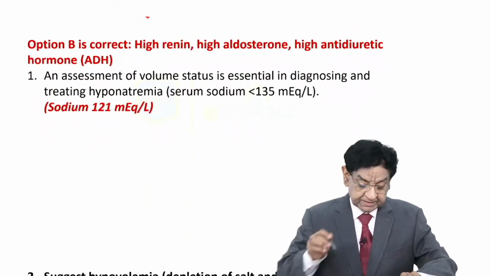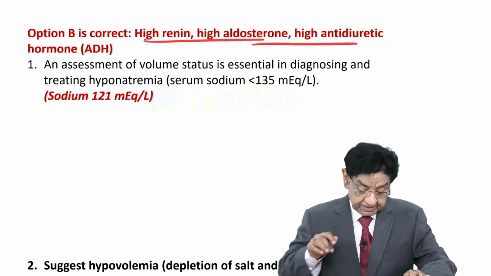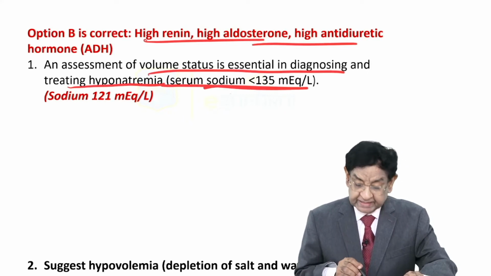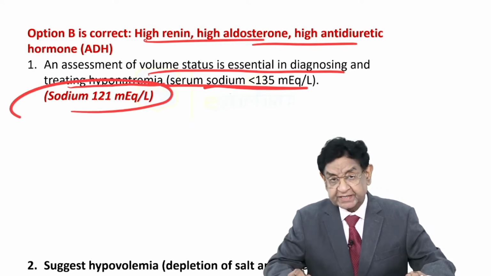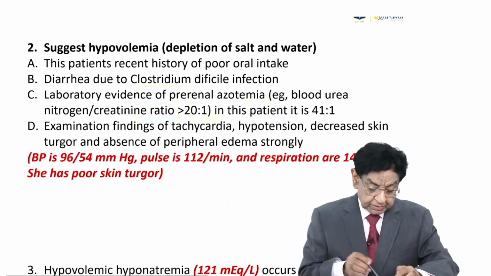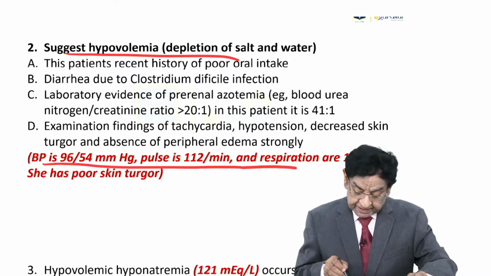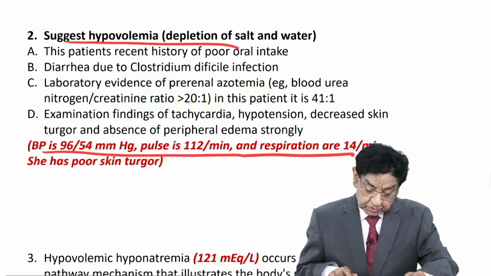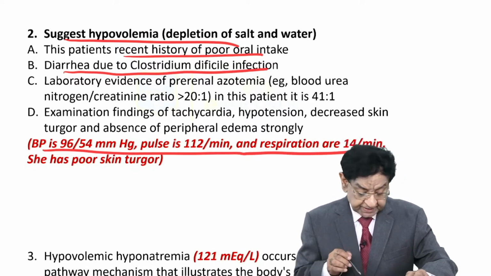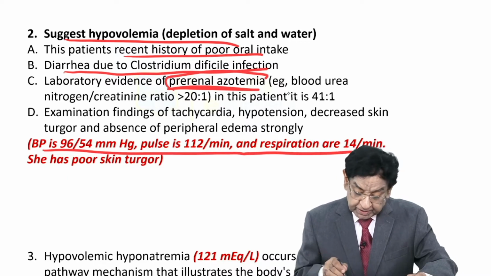So what we expect in this is high renin, high aldosterone and high ADH. Why this? Volume status is essential for diagnosis and causing hyponatremia, sodium less than 135. So it's really a case of hyponatremia. As I told you, sodium is just 121. This suggests depletion of salt and water. Even the BP is low and pulse tachycardia, all indicating dehydration. So our patient has a poor oral intake and diarrhea due to Clostridium difficile infection. Laboratory findings suggest pre-renal azotemia. Very, very important, the BUN